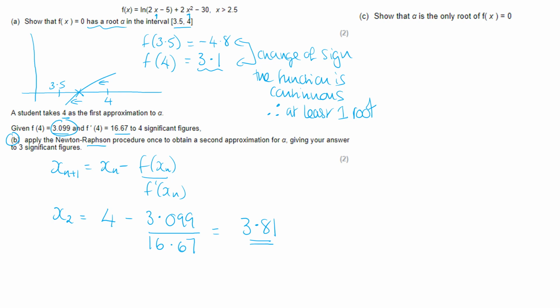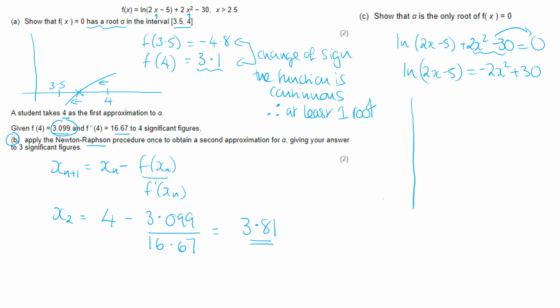root of the equation. Now the equation was the ln of 2x minus 5 plus 2x squared minus 30, and we are looking for where that is equal to 0. So what we can do is say that the ln of 2x minus 5 must equal, taking this term to the other side, minus 2x squared plus 30. And to show that there's only one root, we could graph both of those, and there will be only one